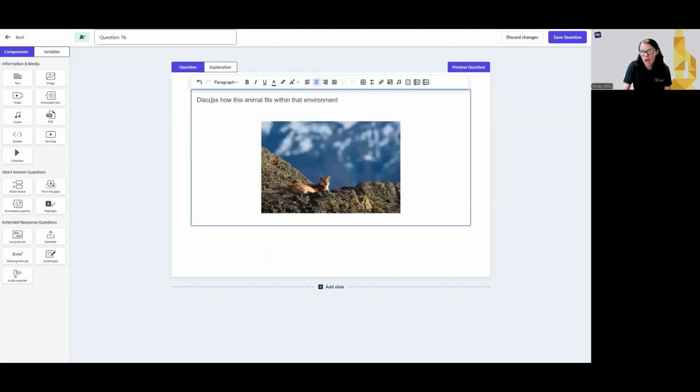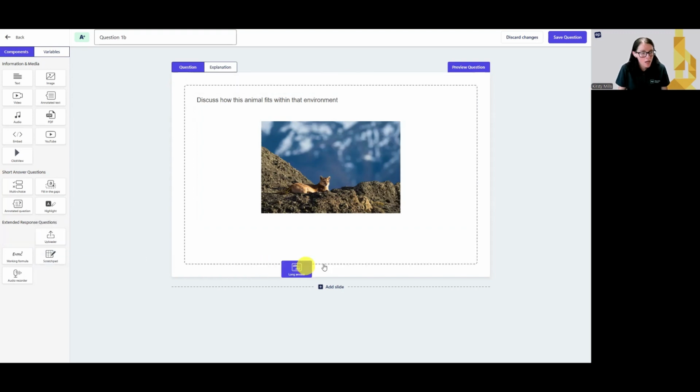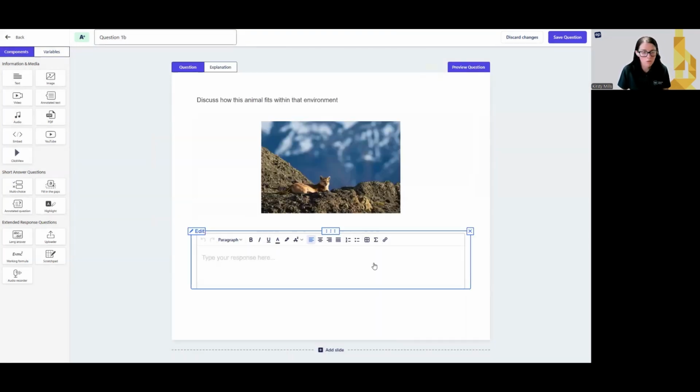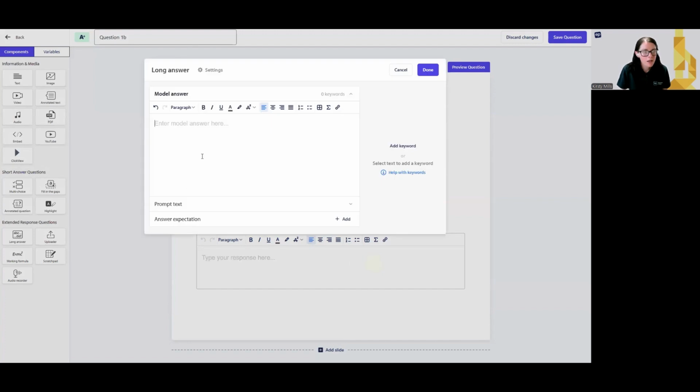So this is going to be a much more open-ended, high-level question. There's lots of potential answers. So this is going to be one of our extended response questions where students draw, calculate, record their answer, upload their own work externally, or pop in a written long answer. When you drag and drop, if I just click done, it just leaves an empty box for them to write. But instead of clicking done, in here, I can pop in a model answer, which will